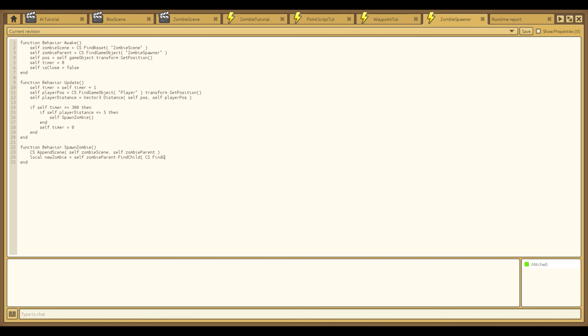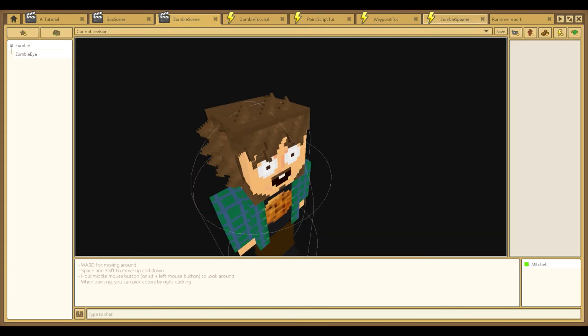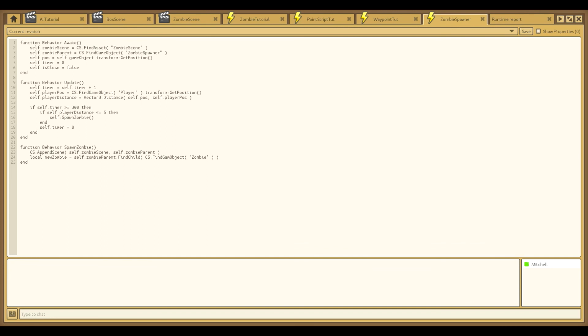Find game object zombie, which I believe is what we named. Yep. Okay. So find game object zombie, and then what we want to do now is new zombie dot